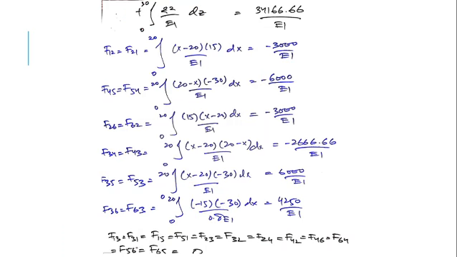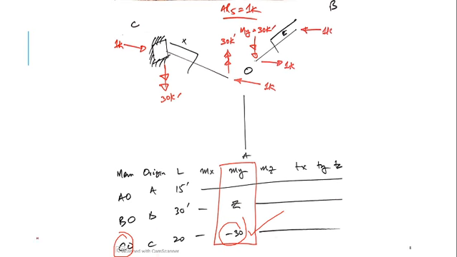For example, let me find f56 and f65. If you are able to find f56, it would be numerically equal to f65. You need not find f65, as I have done here. I have found f12, but no need to find f21 because they are numerically equal. I have found f34, but I haven't found f43 because they are numerically equal. So let me find f56 and f65. If I go back, in order to find f56, which would be numerically equal to f65,